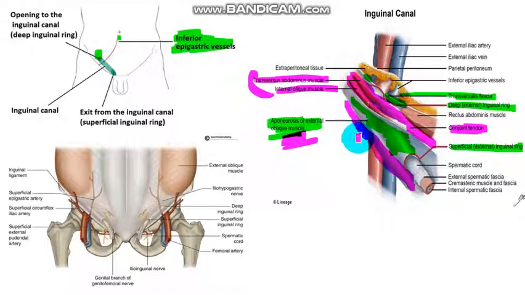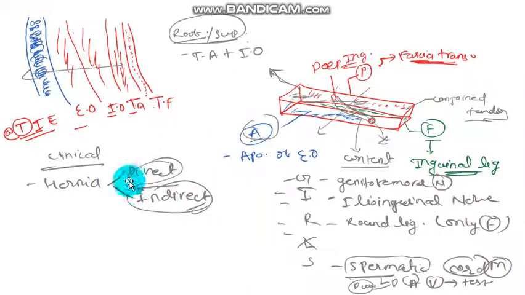So now we observed the layers of the abdominal wall, and then we observed the boundaries of the inguinal canal. Then we discussed the contents, and these are the clinical aspects. So let us see if there is anything to know in the comments, so that we could